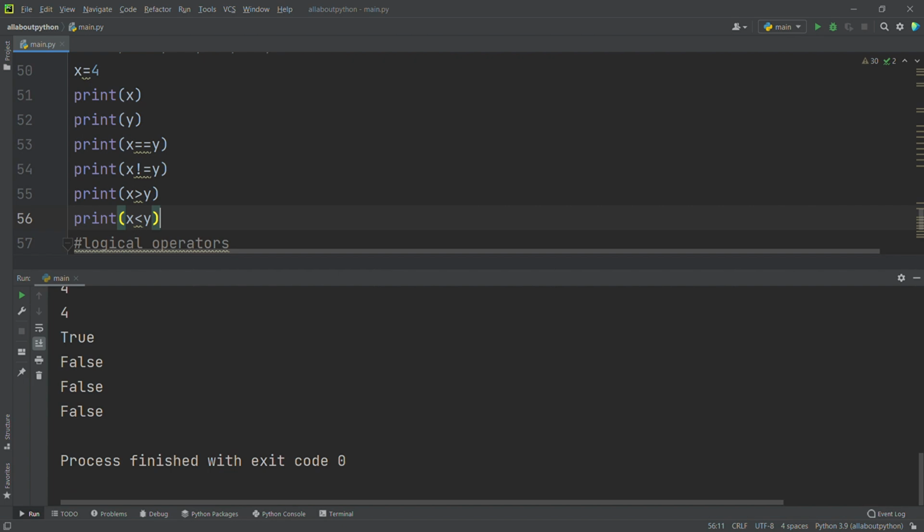So working with greater than and less than, we are checking whether one variable is greater than another variable or not. We can also work with numbers, not only with variables. Just we will go with print of, no, sorry, 9 greater than 8. It's going to be greater than, right? So it's going to be true. And also I can say print of 10 not equal to 0, which is going to be true, right? So it's printing true. So we can also work with numbers, not only variables.